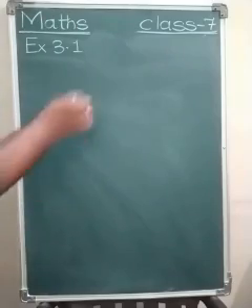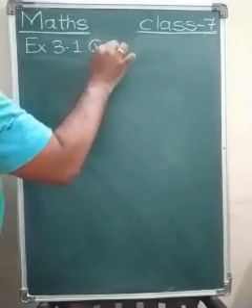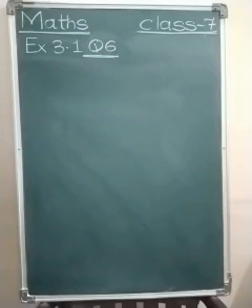Okay, question number 6. The marks out of 100 obtained by a group of students in a science test are 85, 76, 90, 85, 39, 48, 56, 95, 81 and 75. Find the highest and the lowest marks obtained by the students. This is the first question.